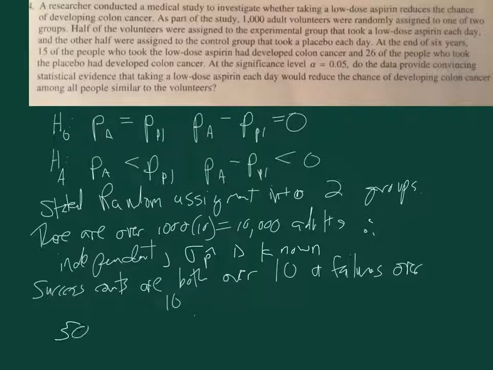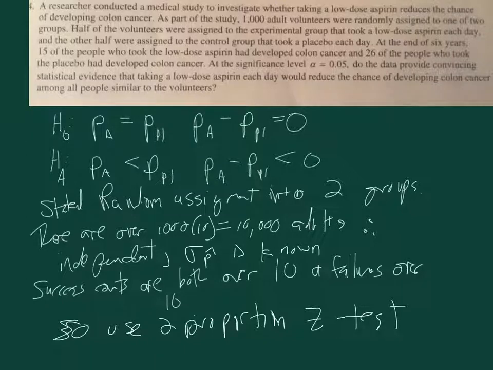So, what's an S? Use to proportion. Z test. There are two proportions. It's Z because I know sigma. I forgot to say up here, therefore, sampling distribution is approximately normal. All right, those are my conditions, SINS verified. I can move on and